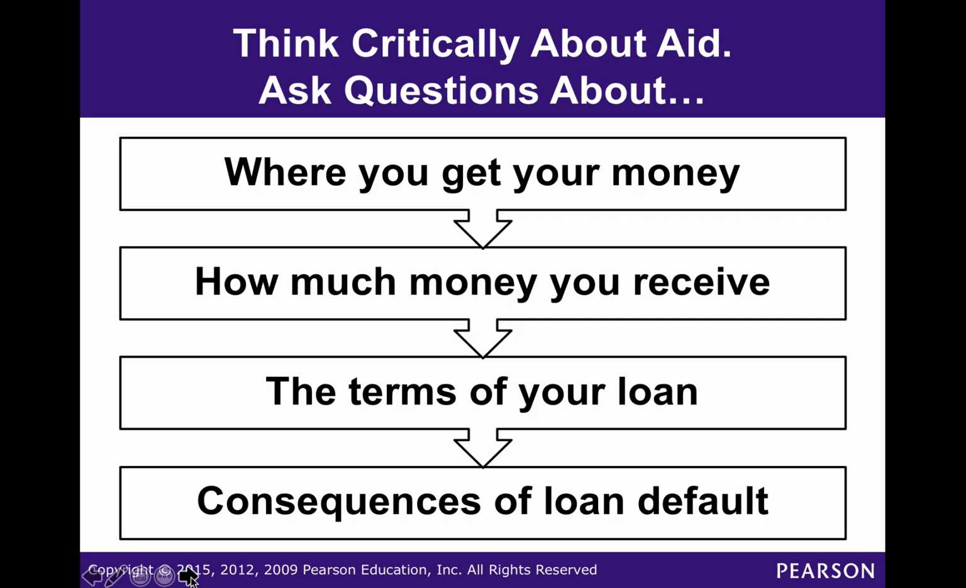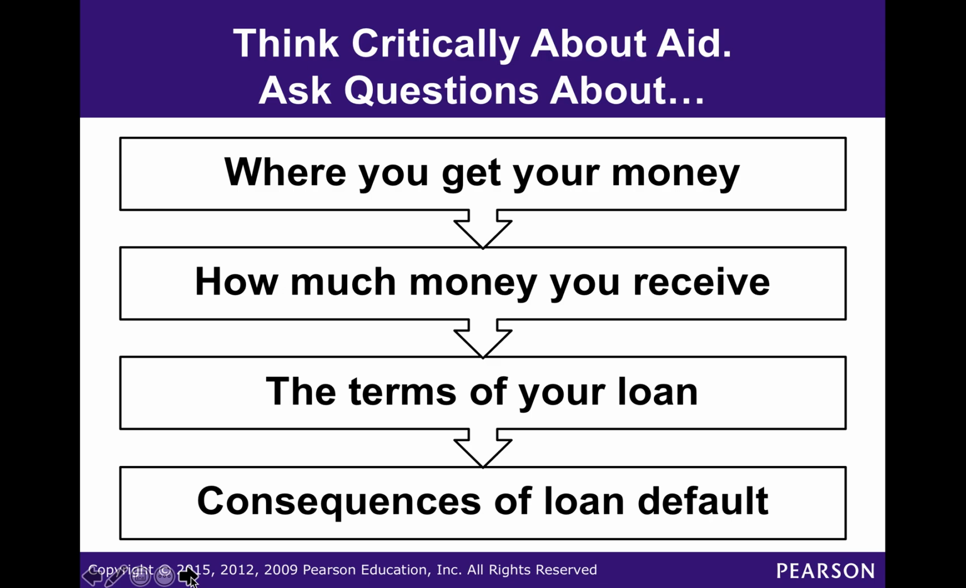So think critically about aid and ask questions. Where you get your money, how much money you receive, the terms of your loan, and consequences of loan default. These are all the things that you need to think critically about when you apply for financial aid, how you're going to get your money, whether it's the loan or scholarship or a grant. If you can't get a grant or a scholarship and you have to go 100% on loans, these are the things that you've got to think about: the terms of your loan, the consequences if you default on your loan,